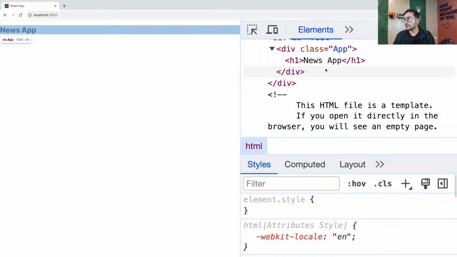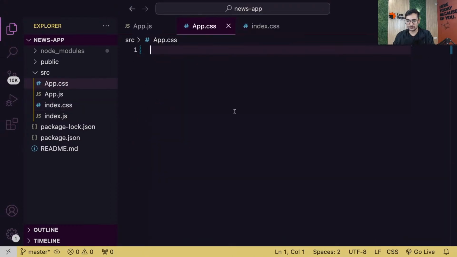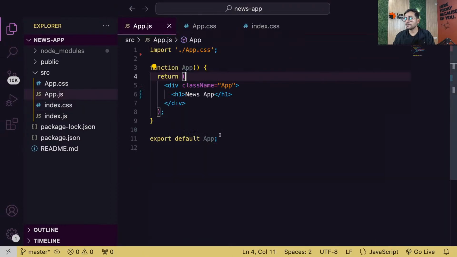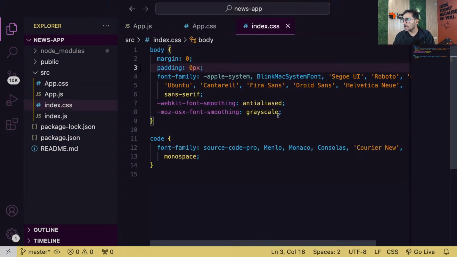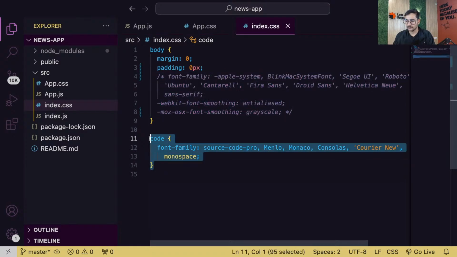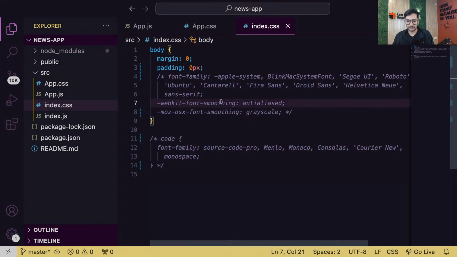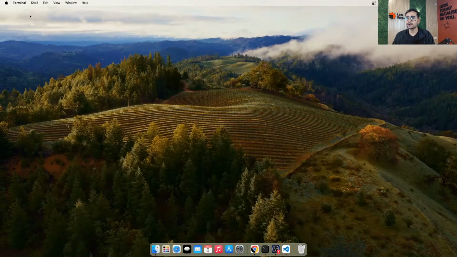Somewhere that might have been done. I want to remove it, but how am I forgetting it? Let me remove this font family and stuff just to check. Let me just keep it simple, margin padding 0, and close this terminal. We don't need it anymore.